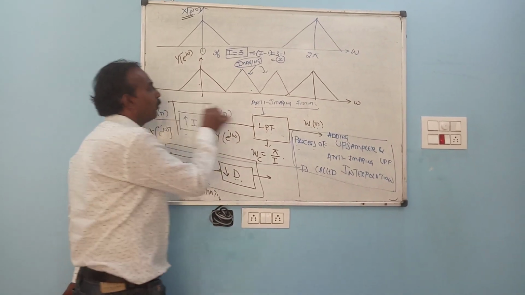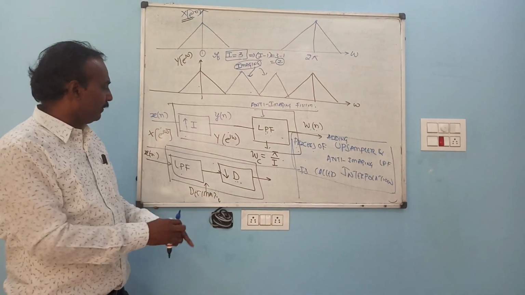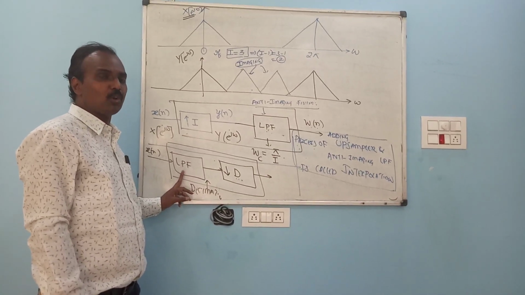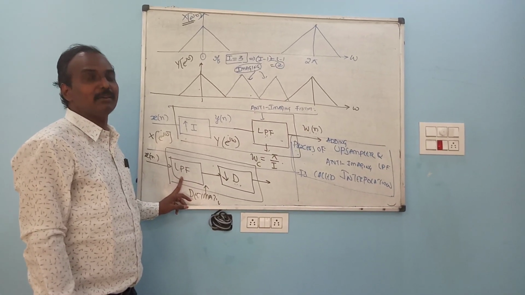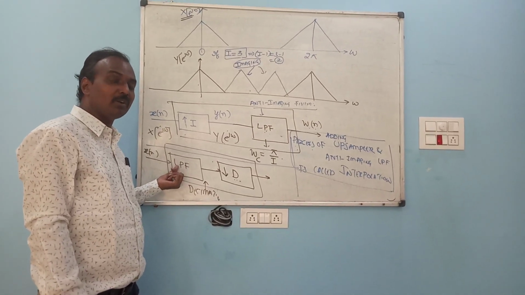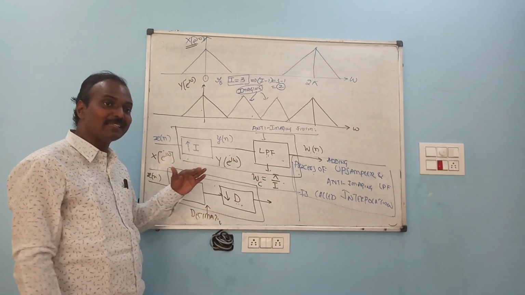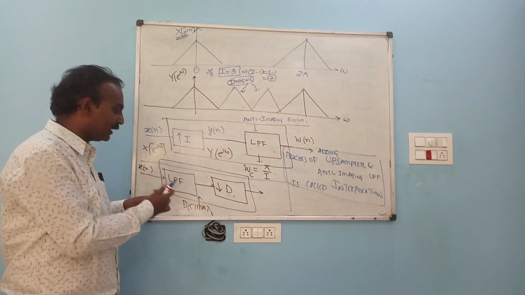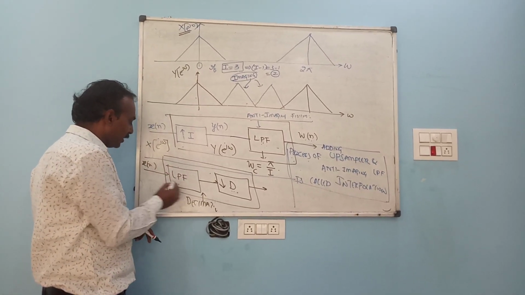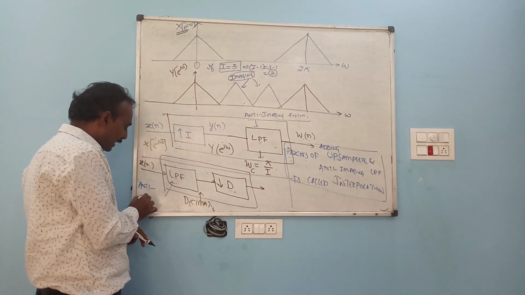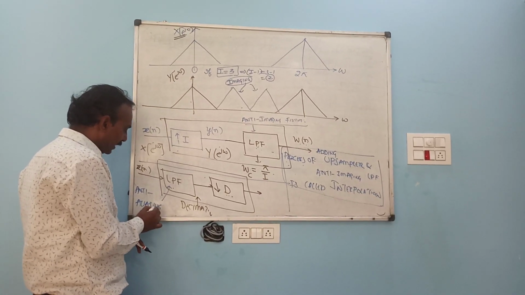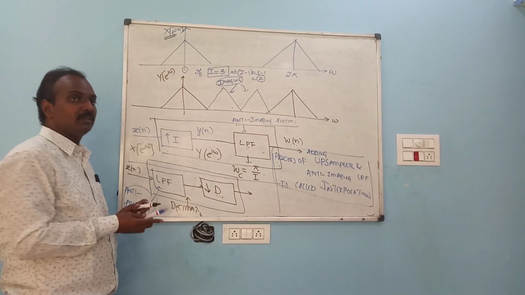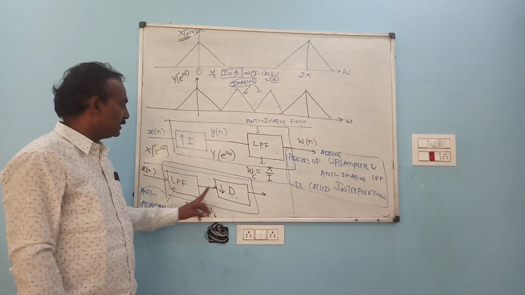Now, the thumb rule: prior to downsampling, we are adding a low pass filter. Why are you adding a low pass filter? We want to avoid unnecessary overlapping of the signal. That overlapping we are calling aliasing. So this filter, which is avoiding aliasing, we are calling an anti-aliasing filter. This is avoiding the aliasing effect. So this is the thumb rule we had to understand.